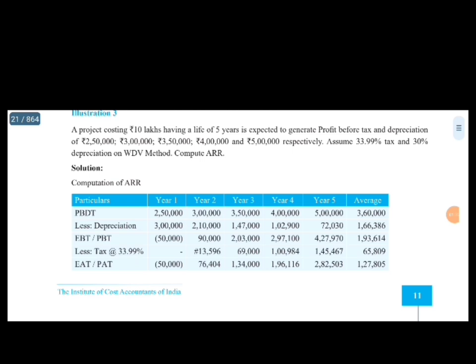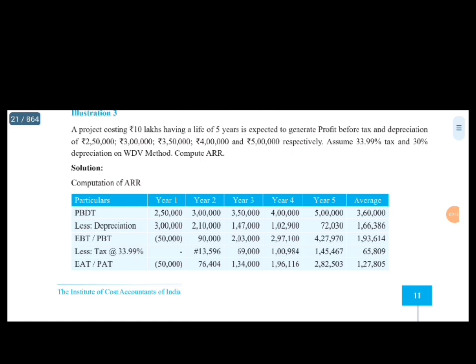A project costing 10 lakh having a life of 5 years is expected to generate profit before tax and depreciation of 2 lakh 50,000, 3 lakh, 3 lakh 50,000, 4 lakh and 5 lakh respectively. Assume 33.99% tax and 30% depreciation on written down value method. Compute ARR. So now we are going to see one of the methods in the non-discounted technique,